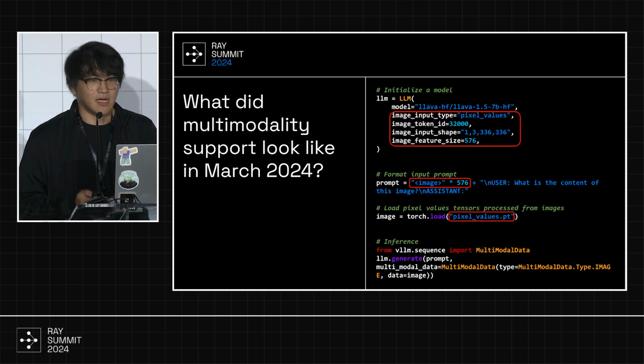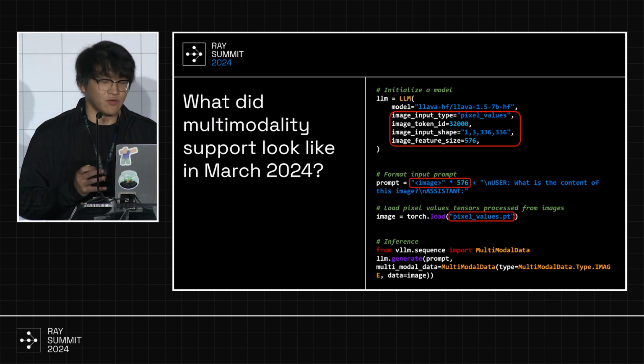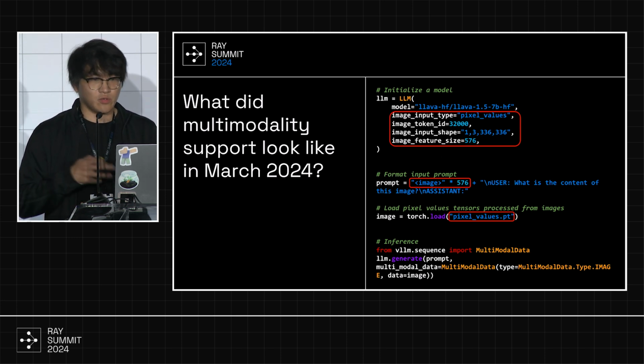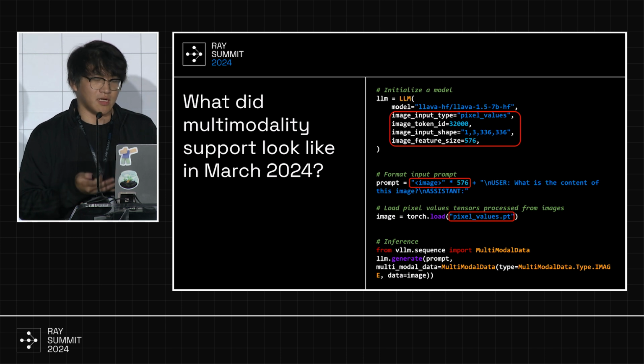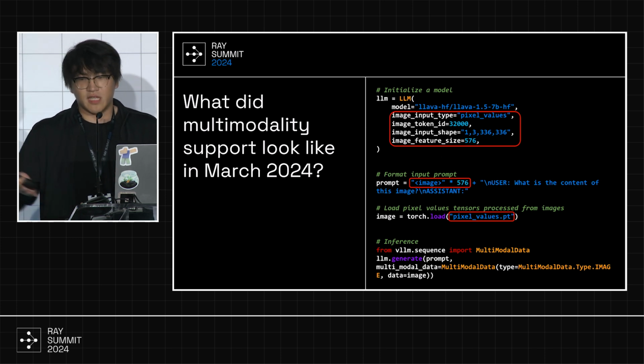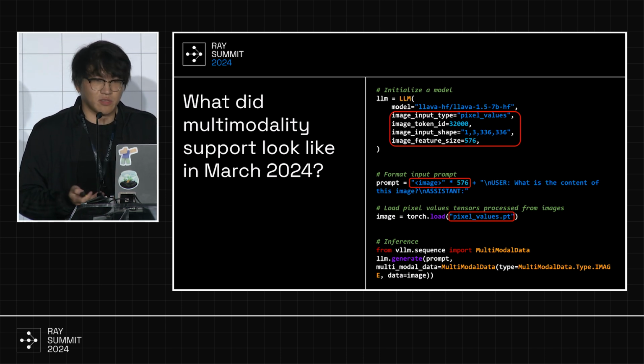And lastly, the image input format is actually pixel values. A good analogy is that pixel values to images are like prompt token IDs to your text prompt. So the user will have to understand how to process a JPEG image and convert it to pixel values, and sometimes they will have no idea how to do it.